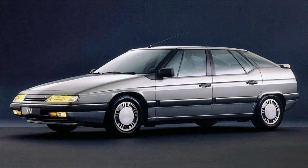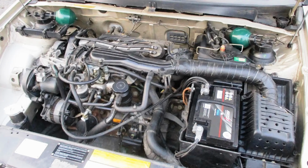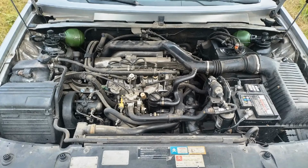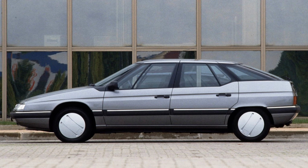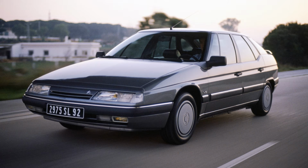From the beginning, the Citroen XM had 7 options for engines, but they all effectively were derivatives of 3 engines. The first one was a 2-liter 4-cylinder gasoline engine widely used in many Peugeot, Citroen and Fiat cars in the 80s and 90s. It could be combined with a carburetor, a single-point fuel injection or a multi-point fuel injection. As a result, it produced from 108 to 130 horsepower, and the XM with this engine had a top speed from 190 to 205 km/h or 118 to 127 miles per hour,